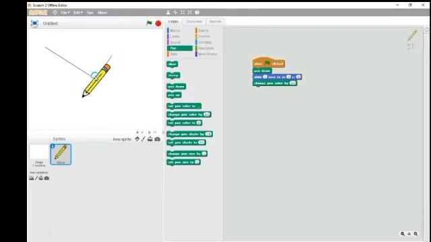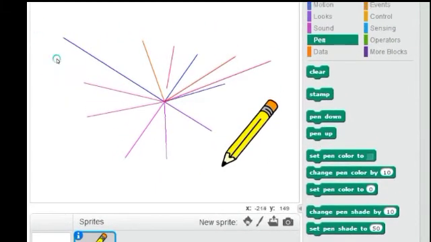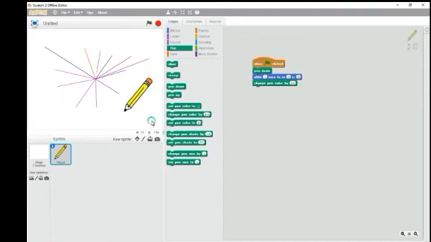Whenever it will move, it will draw. What will happen? The color of the pen will be changed, because with each move it is having a different color, means it is adding 10 to the previous color. See, all different colors are there because I have set the color increment with 10. So in each and every line it is changing the color because it is adding 10 value to that.